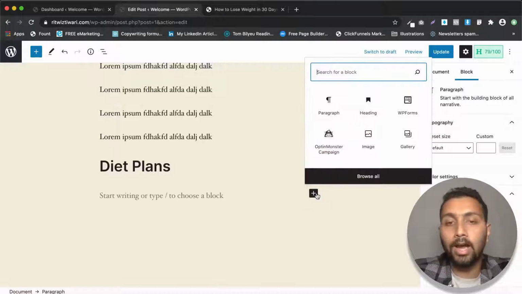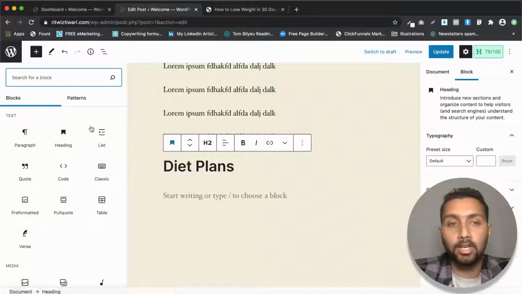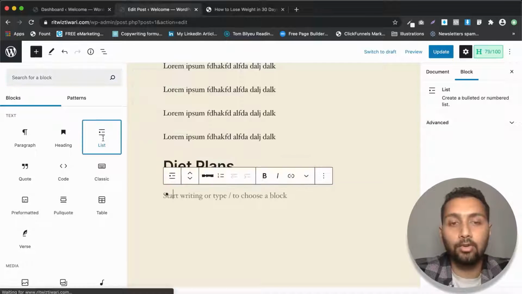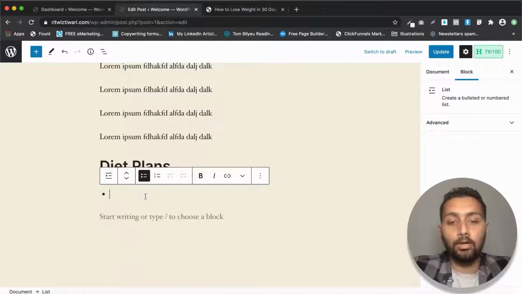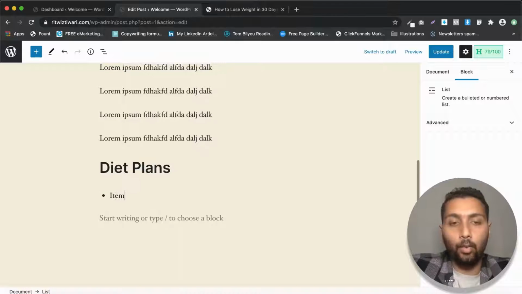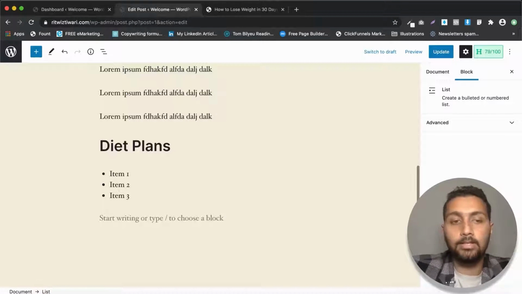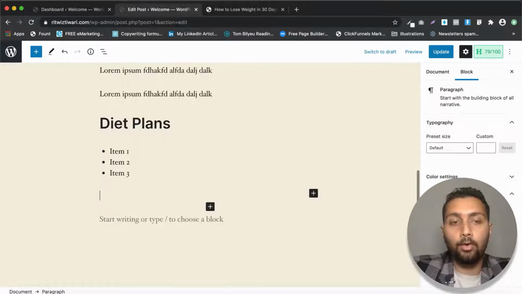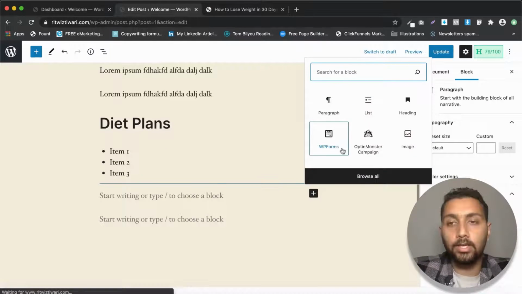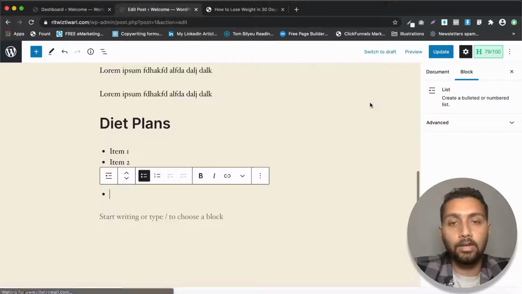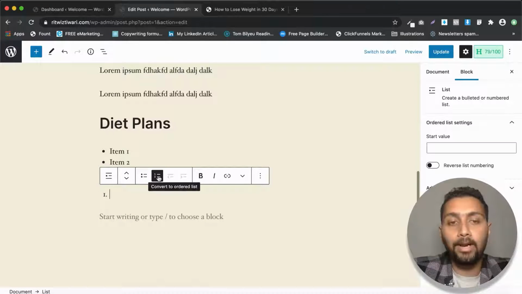Now clicking on the add block button and clicking on the browse all section again, you can see that I can add in a list as well. Now what is a list? You all have seen what a list actually is. A list is something like a bulleted list, like item 1, then item 2, item 3. See, this is a bulleted list. But if I go ahead and create a new list, you can see here that the recent blocks are coming here. So if I click on the list, I can click on the numbered list part.